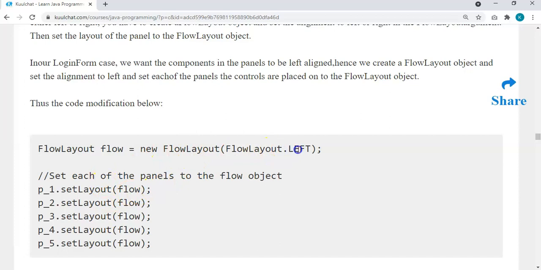So here this flow layout is given the left position. So we set each of our panels to have that kind of flow layout, so they will all be positioned at the left instead of being centered. Okay, so we are going to copy